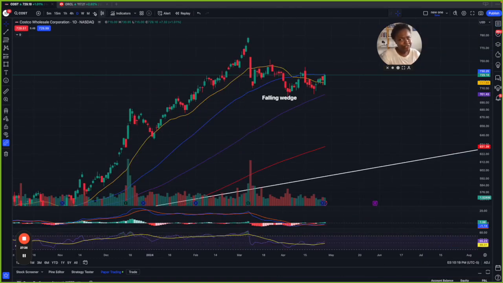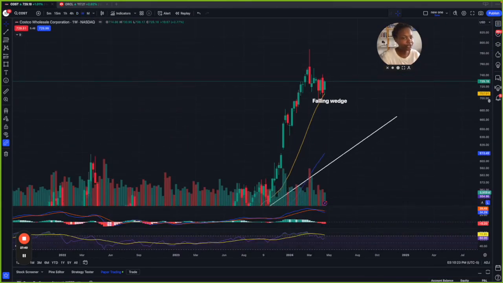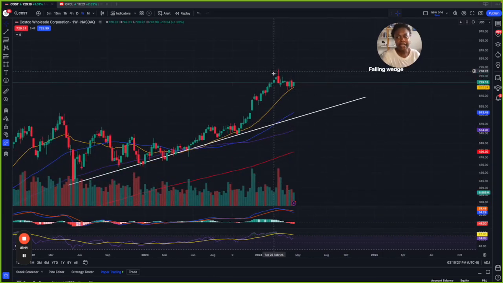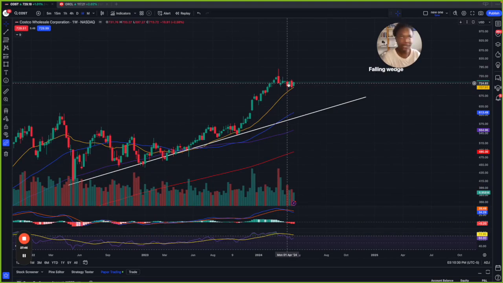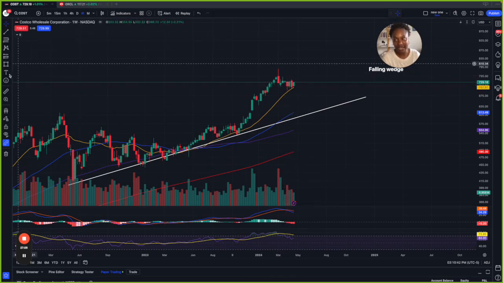I'm a little confused on why I was sent Costco as a request, because you did get the full analogy with AJ. And as you can see here on the weekly, nothing has changed with Costco for sure for the last 4 weeks, right? Look at here. We have literally the same opens and closes right here, in this tight range.